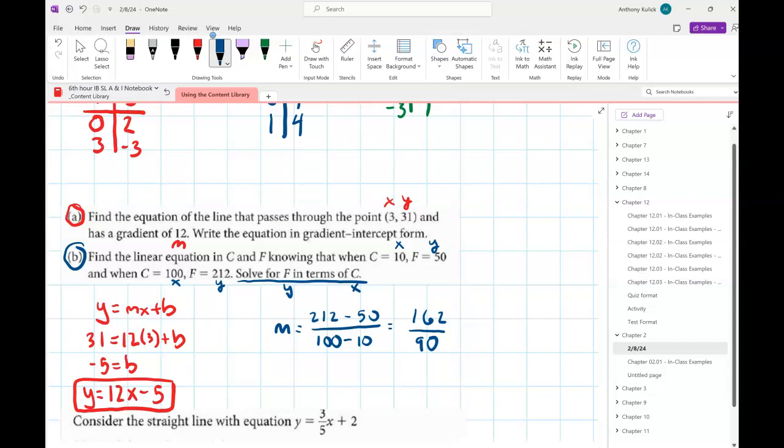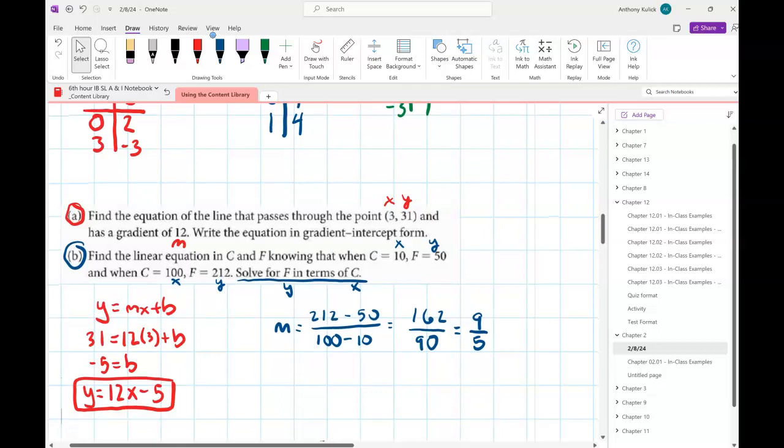That reduces to like 7/5 or something. 9/5. So far, so good. Now what do I do? I plug that into what? Okay. Right. So we'll say F equals